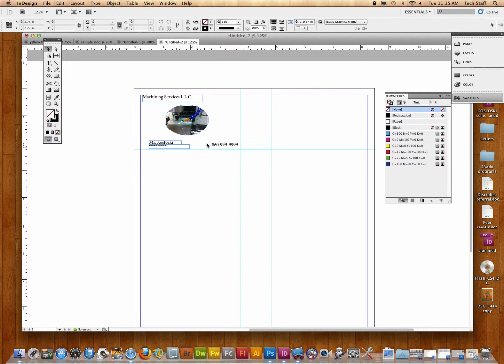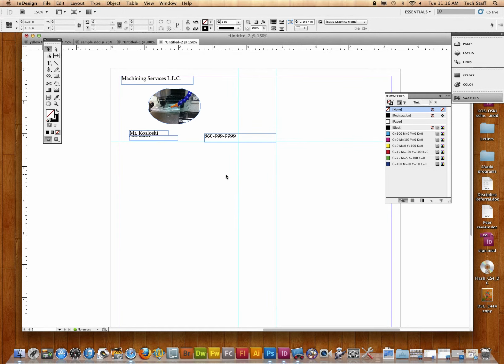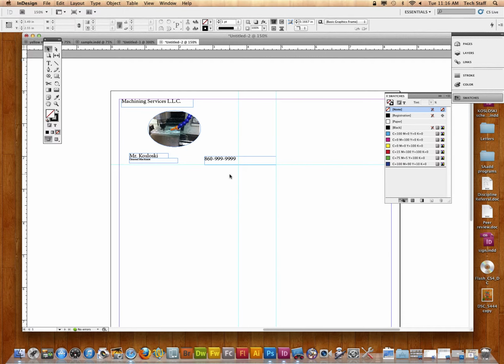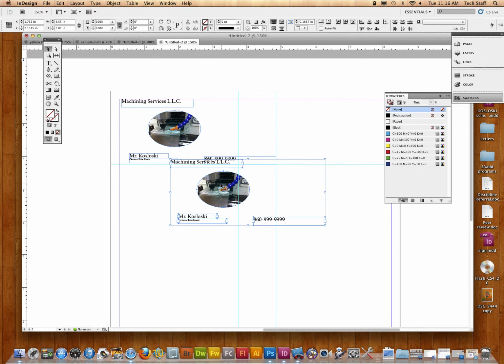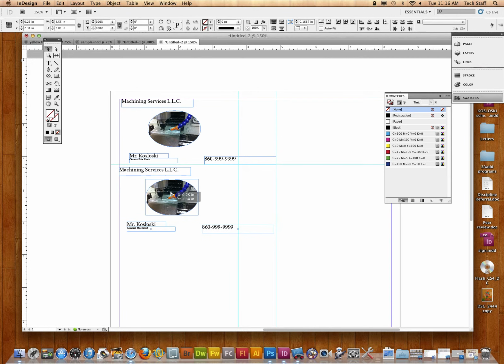Okay, now to get this separated, we need to object, ungroup, which will ungroup the whole thing, and I can go ahead and move these around. The reason I show you that is your requirements for your business cards are to have 10 different designs. All right, it can be wrapped around the same concept. So if my concept is Machine Services LLC, I could take all this content, edit, copy, edit, paste, take all this content, move it down here. Remember, I ungrouped it,